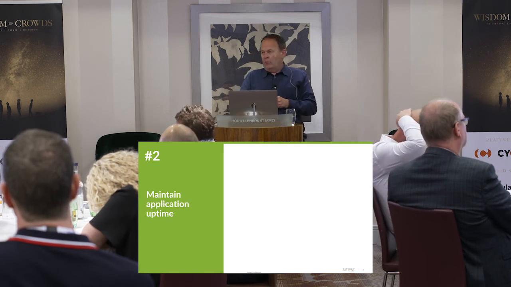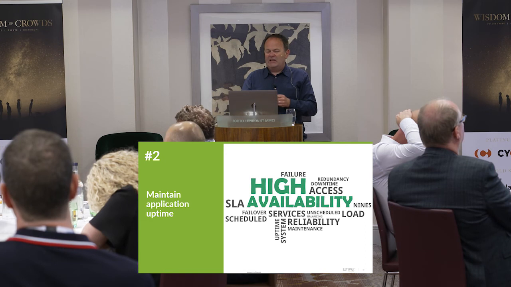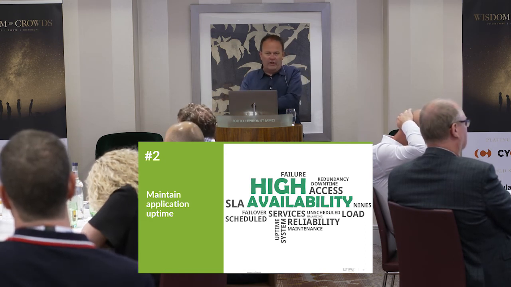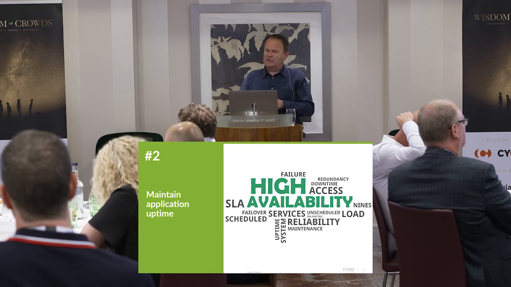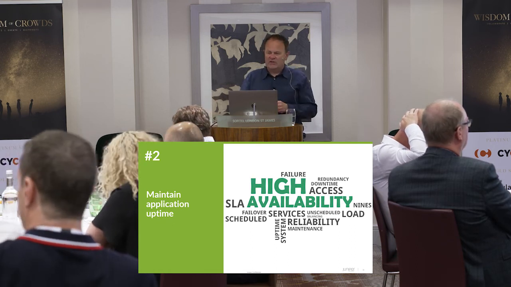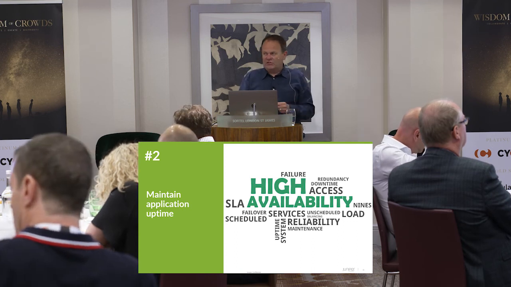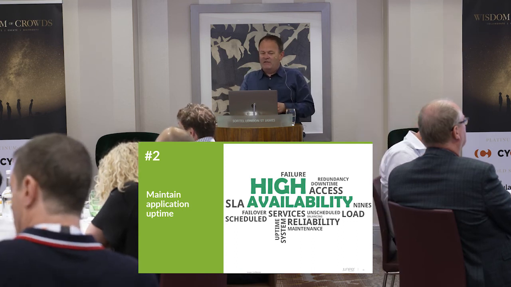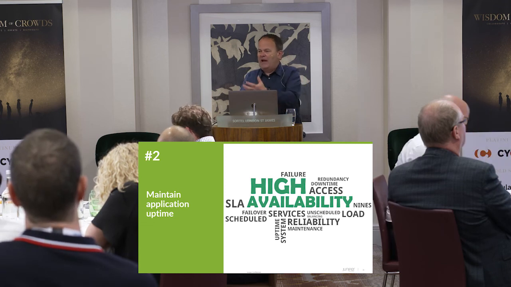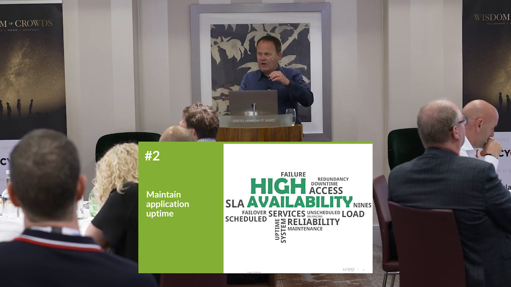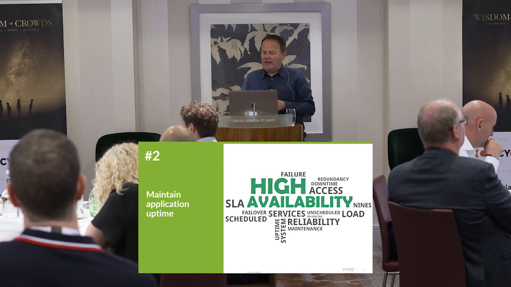Application uptime also is essential. Understanding how your applications are performing at all times so that you're able to spot if something's going out of whack in some way. Availability is obviously absolutely key for your users, because if something goes wrong, there's going to be a problem. Having a plan for if that happens, having a plan for if an upgrade goes wrong, but also actually having tools that monitor that availability on the network so that you're tracking how the network's performing.